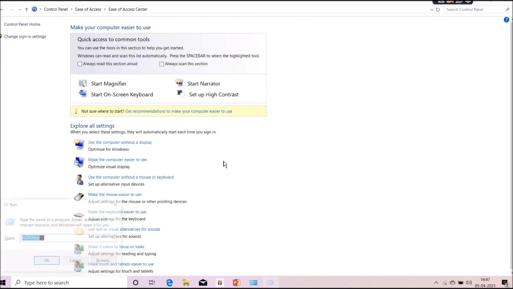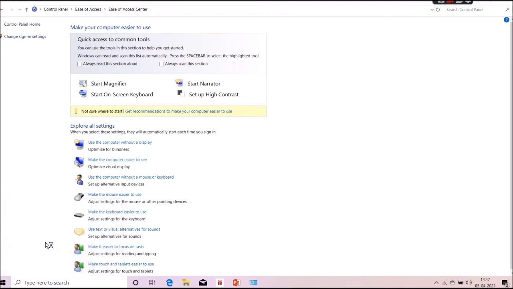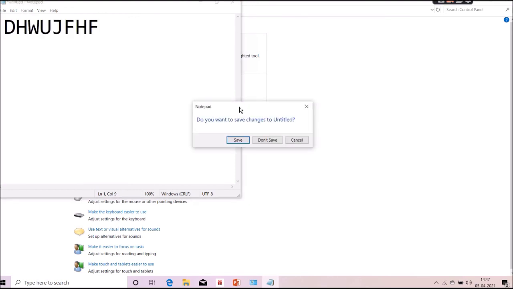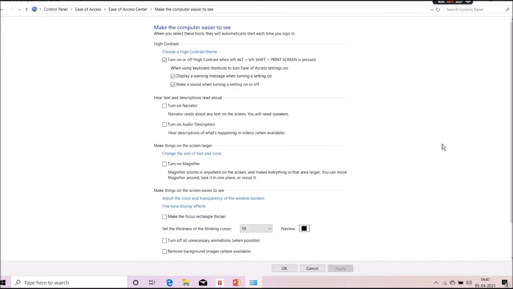Now you open Notepad. You can see here the cursor is blinking, big and enlarged. Okay, this is what is there in set high contrast.